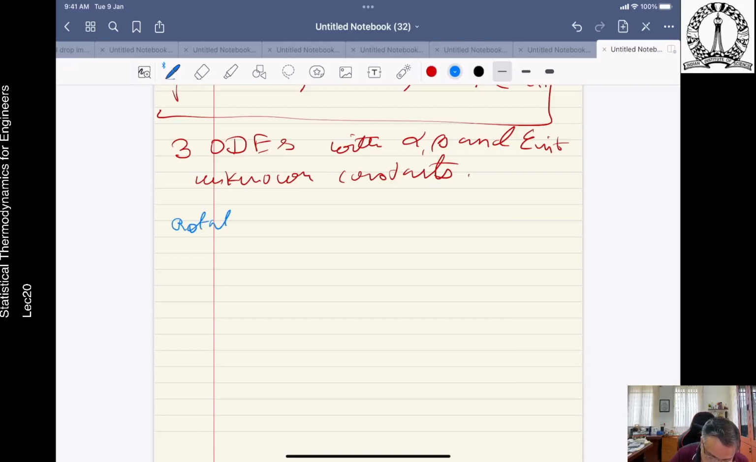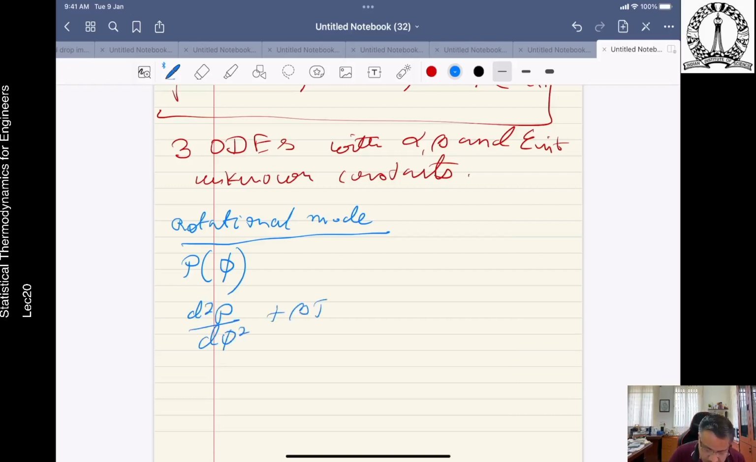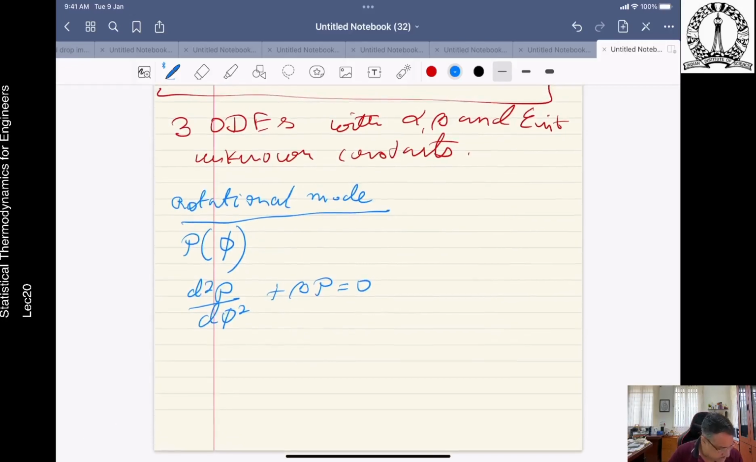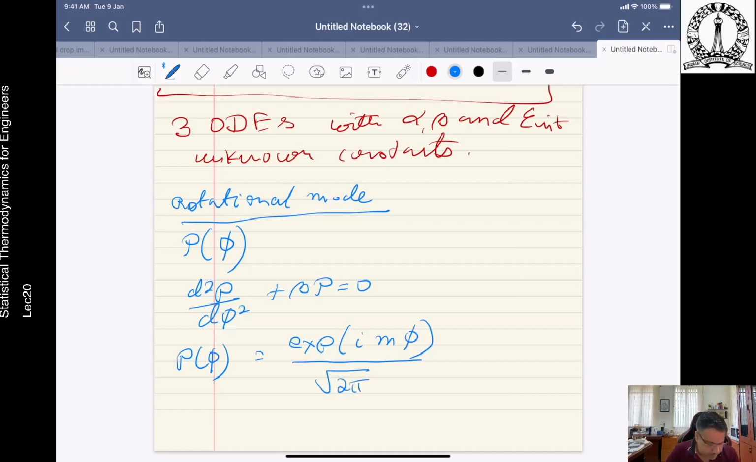So first, let us take a look at the rotational mode. The rotational mode, call that phi. Okay. So the solution to this actually lies in d squared P by d phi square plus beta P is equal to 0. Okay. So the solution to this, P(phi) is equal to exponential i m phi divided by root 2 pi, where m is equal to root over beta, is equal to 0, plus minus 1, plus minus 2, and so on. Okay. And this also obeys P(phi plus 2 pi) equal to P(phi),